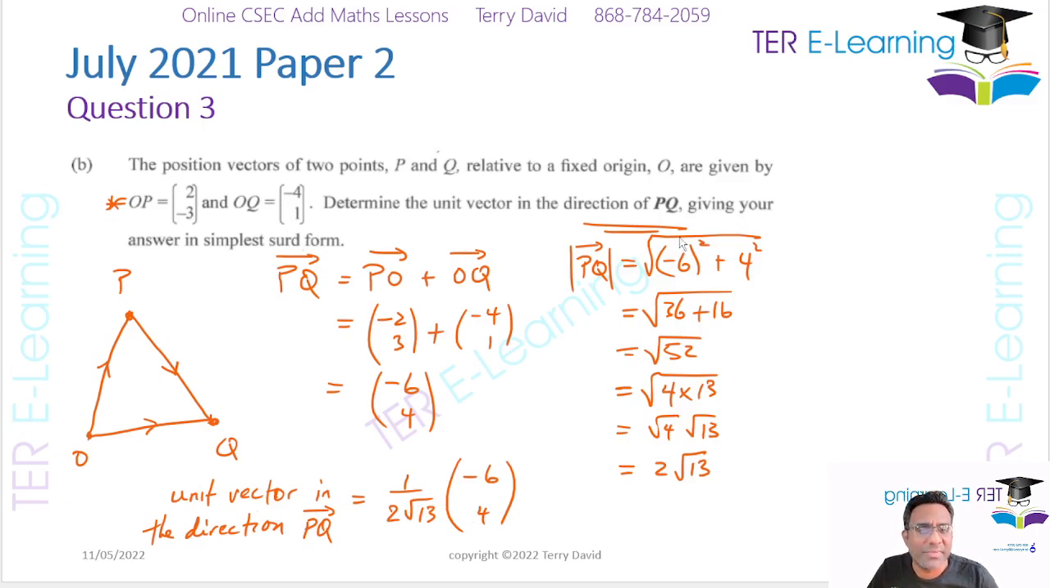Do they want us to simplify it? Given your answer in simplest surd form, right? So I'm going to simplify this a little bit, right? So let's see, 1 over 2